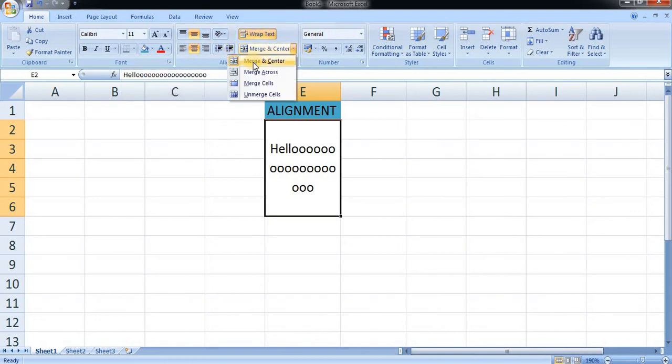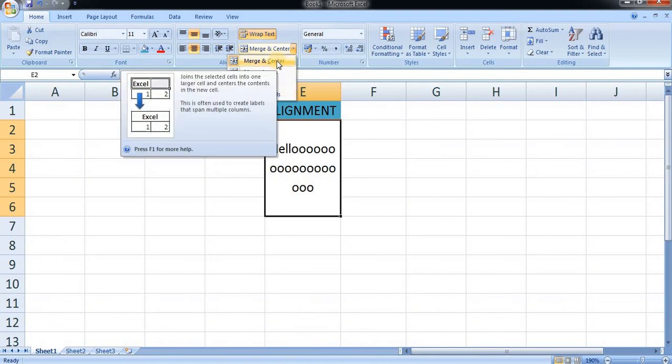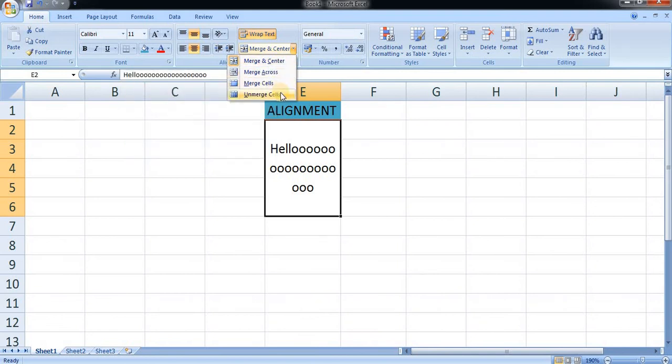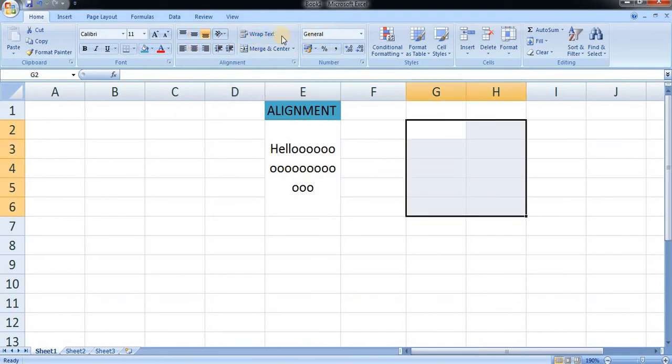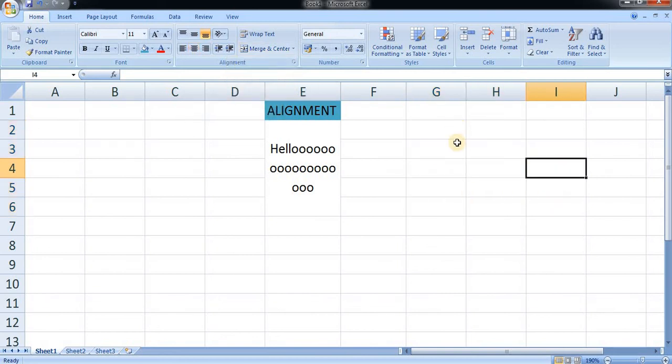In this there are also various kinds of merge cells, and you can also unmerge the cell. For example, I have merged this whole cell. If I want to unmerge, you can press Unmerge Cells, so it will be converted into a number of cells of original size. So here we have completed the alignment formatting.